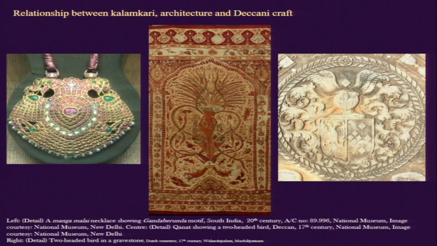and put in this situation in which it takes a different form altogether. And if this is one kind of image making that we see happening on the textile, then we also see this motif of Gandaberunda, which has high relevance in South Indian Hindu customs and belief. We find that pendants were also made in which this double-headed bird Gandaberunda is seen, and its wings and the body and everything are bejeweled.